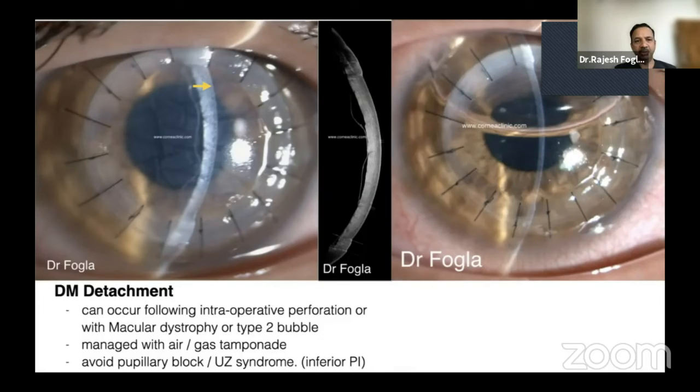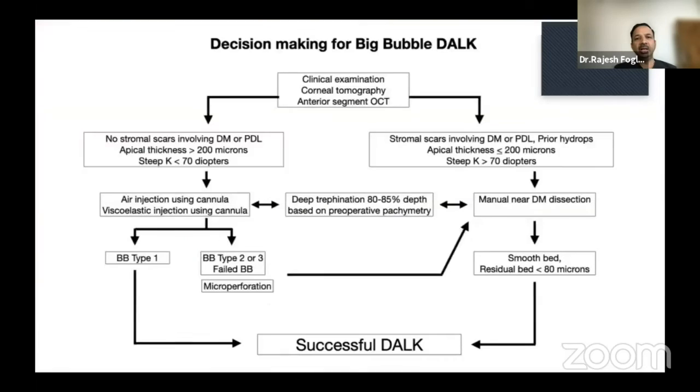It is important to prevent pupillary block: either keep the pupil dilated or do an inferior paracentesis and an inferior peripheral iridectomy. In decision making, this flowchart is very useful. You do a clinical examination, a tomography, and an anterior segment OCT. If there are no stromal scars involving the Descemet's membrane or the pre-Descemet's layer, and the apical thickness is more than 200 microns and the steep K is less than 70 diopters, you can then schedule the patient for a